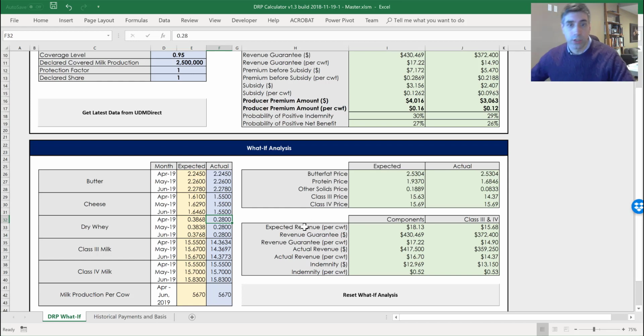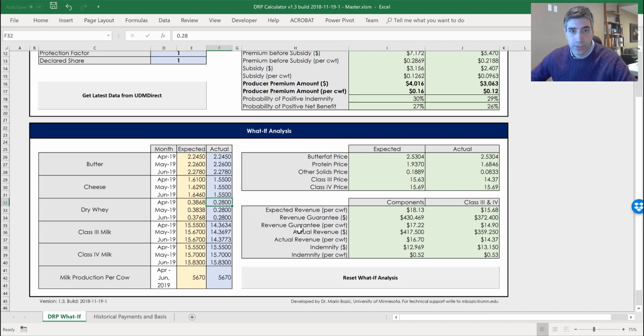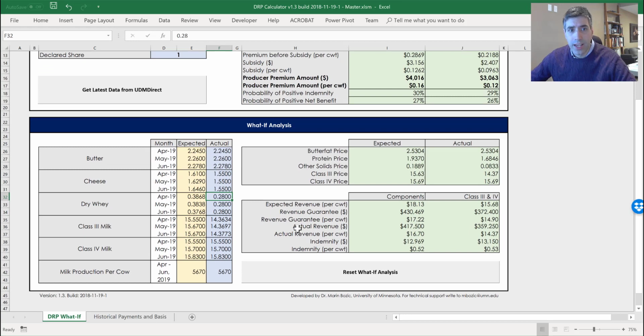The other thing that you could actually learn from this what if analysis module is how does the price of cheese affect the protein? How does the price of butter affect the butterfat and protein? So you could look. Let's reset it one more time. So for example, here the protein price is currently $1.93 per pound. Now if we drop the cheese by 10 cents,